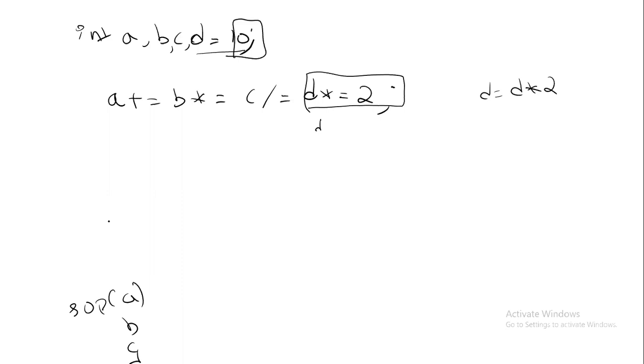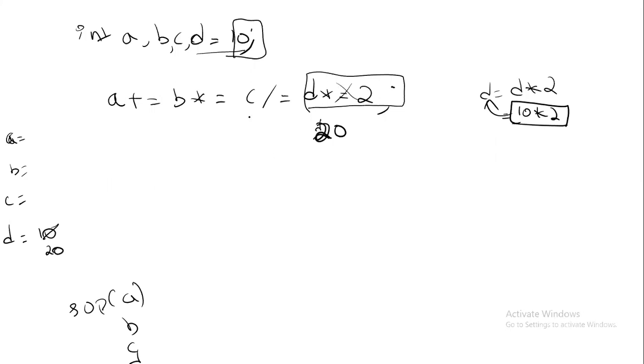First of all, let's try the memory diagram. A value we don't know, B value we don't know, C value we don't know. Right now D value is 10. So what's the D value? 10 into 2. What is 10 into 2? 20. 20 is given to whom? D. So now don't you think D value becomes 20? Yes, D value becomes 20. That 20 value is kept and the old value is erased.